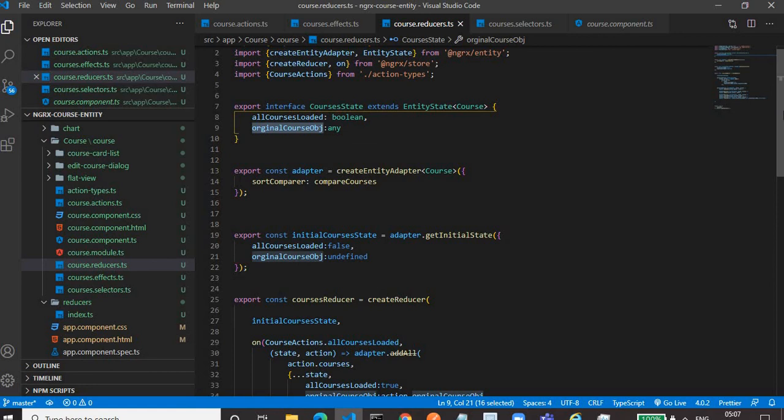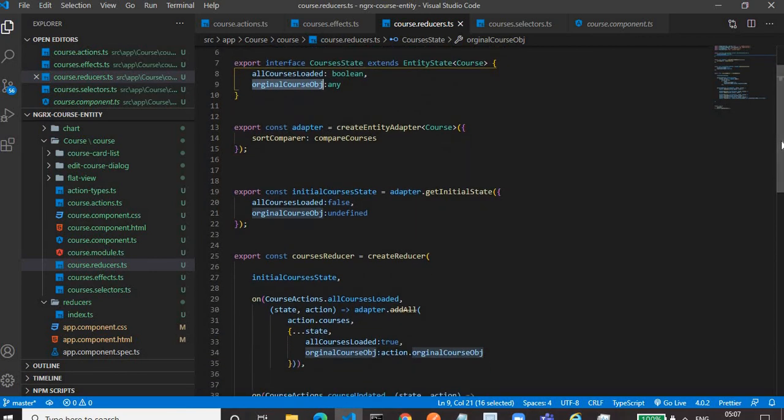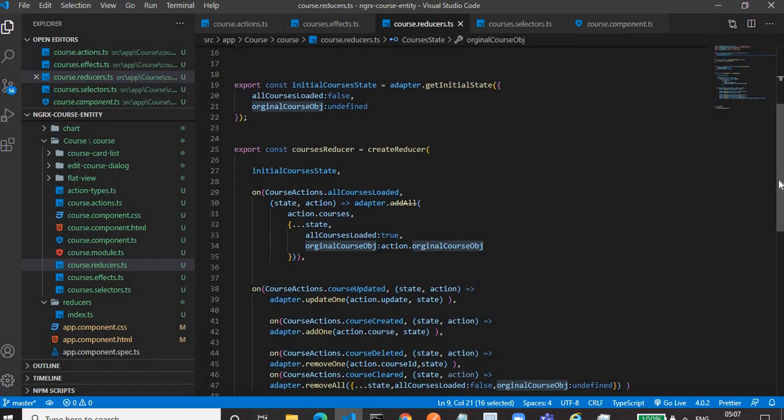Then using the adapter, we can get the initial state by using adapter.getInitialState, in which you can also define your custom state values. Then we'll create the reducer by using the createReducer method. In createReducer, we have to use the adapter.addAll function for storing that list of courses in the store.